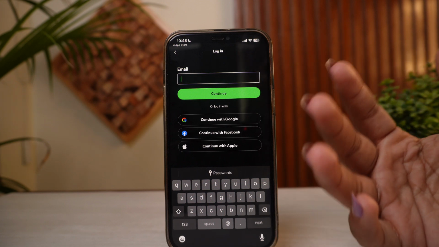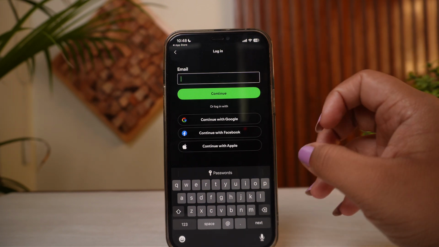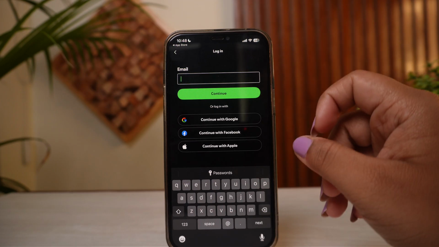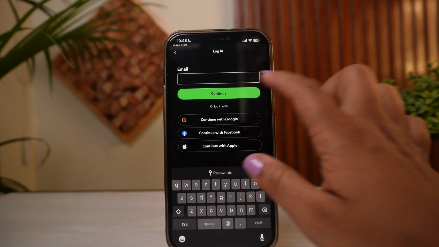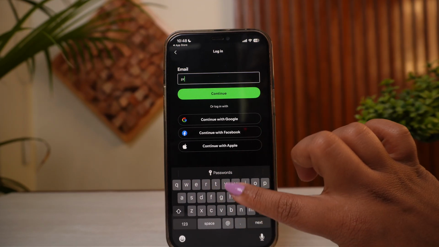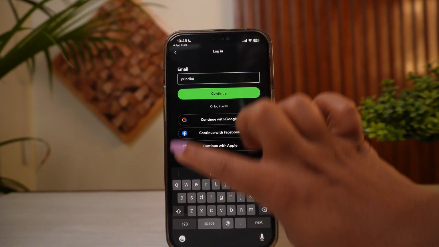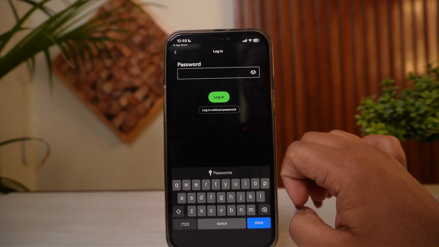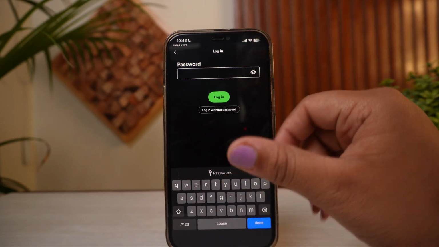So if you do not want to add in your email address, then what you're going to do is enter your unique Spotify username right here. So what we're going to do is simply add in our username just like this. Then from there tap on continue, and then in here all you need to do is add in the password